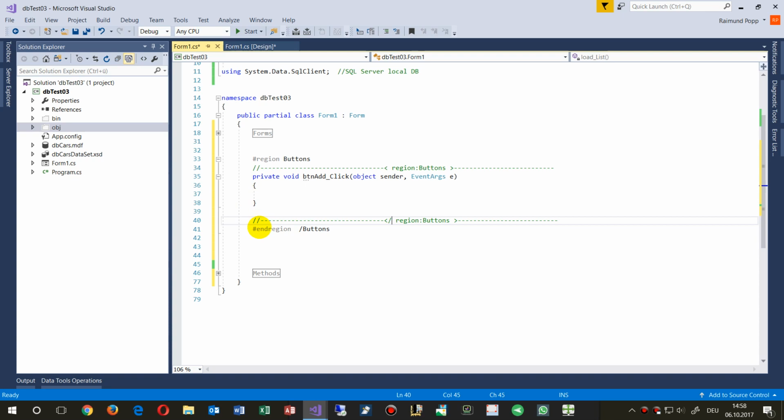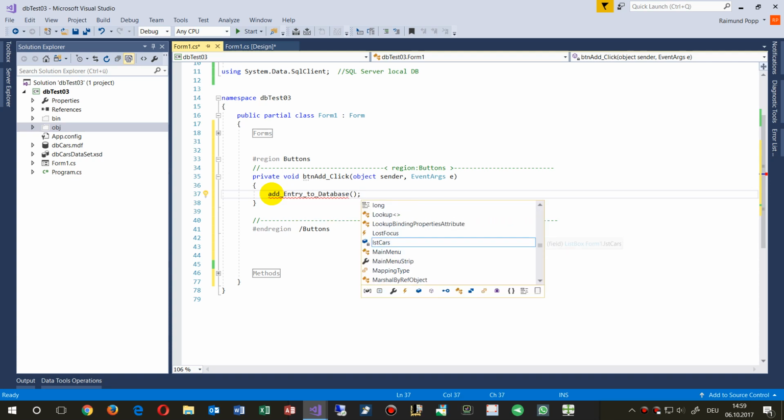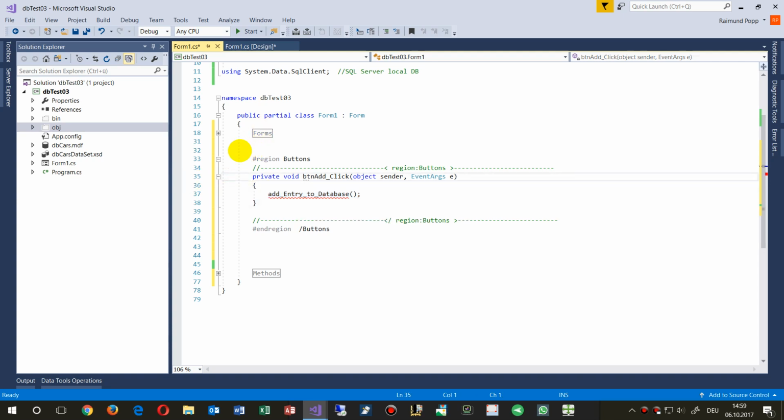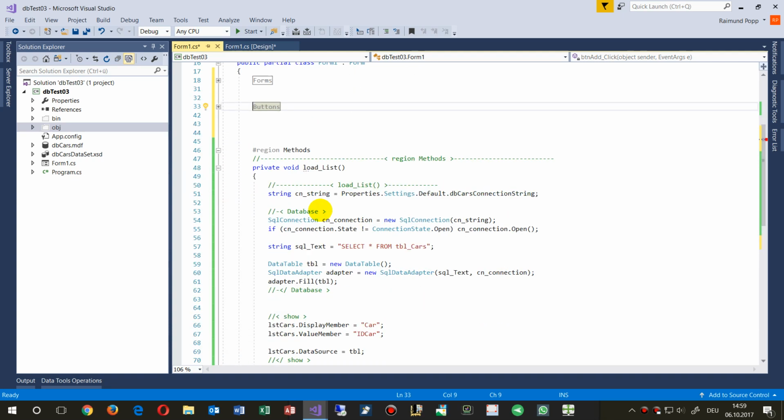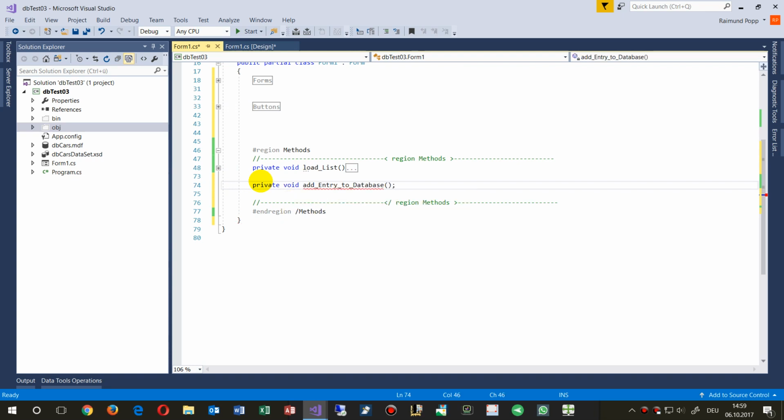So, and now at the button event we want a method to add something, add entry, for example db entry to db, to database. Why not like this? So we do this, and now we have it in our buttons, and we go to the methods. We have here now the load list, and we take a new private void method, and this one, and we say